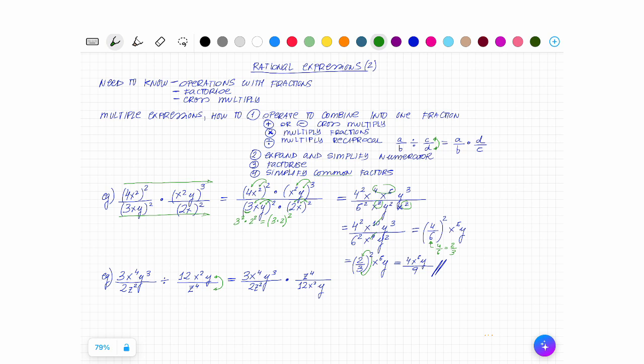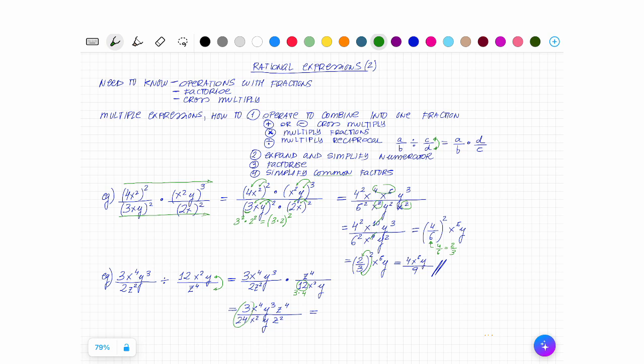Now, same as we always say, we could realize that we've got common factors here that are going to cancel, and cancel them now. But let's imagine that you don't see that, you get to the same place, so I'm going to carry on like that. And we're just going to multiply everything. 3x to the power of 4, y cubed, z to the power of 4, all of that divided by 24 x squared y z squared,